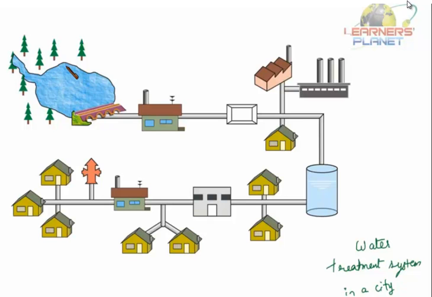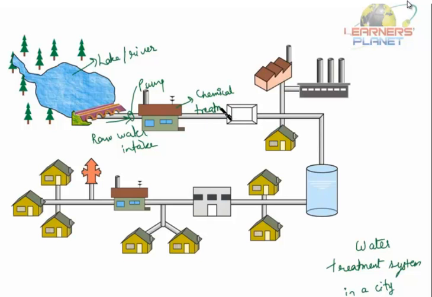Now here you can see some trees. Here this is lake or river or pond, whatever you can take. Then this is the raw water intake. Raw water intake means it is not filtered. Here somewhere there is a pump, because of which the water is pumped. Raw water intake is done by the pump. It passes through the pump when it comes from the lake or river, and then it is passed to this